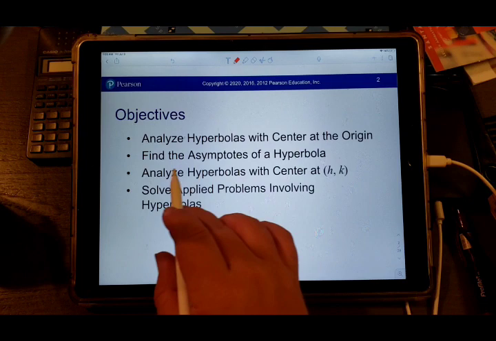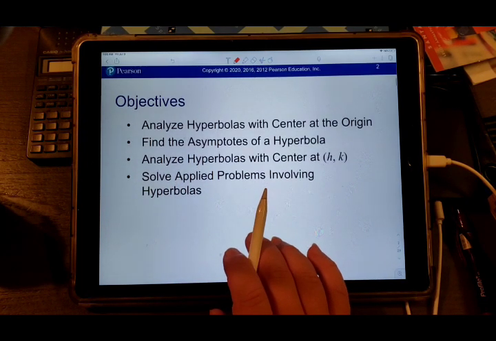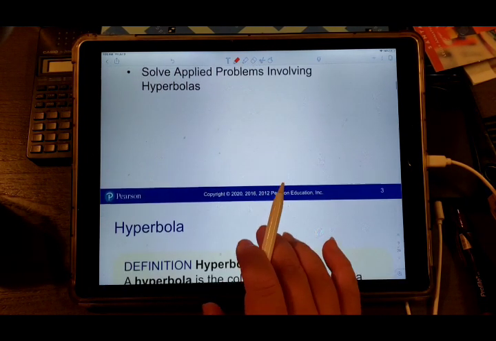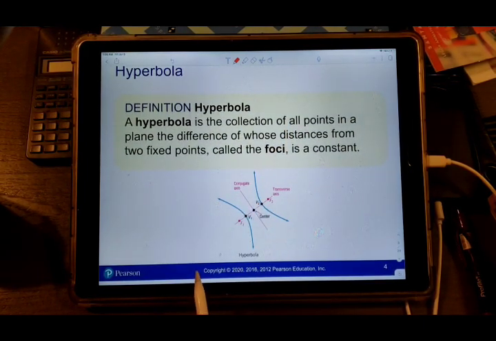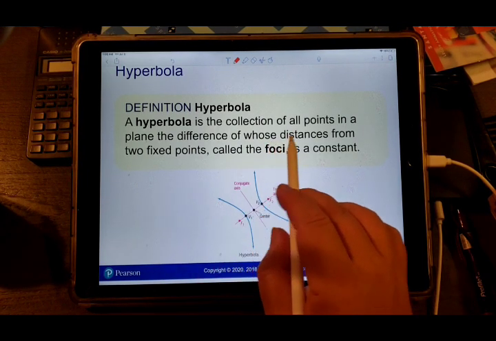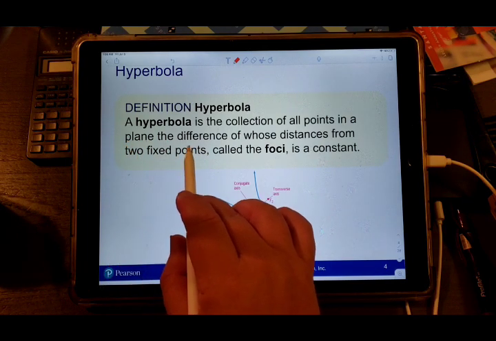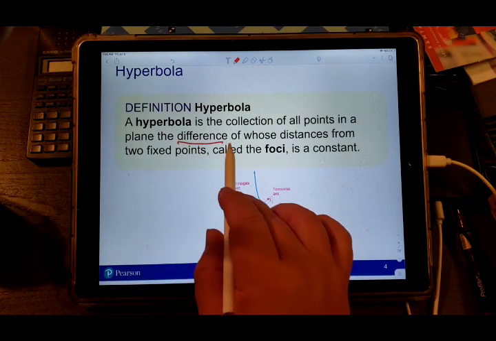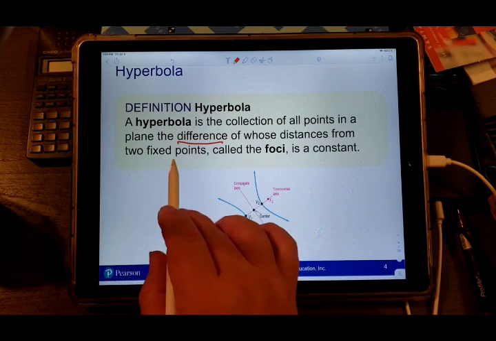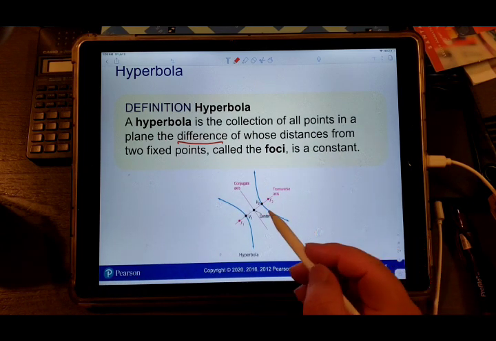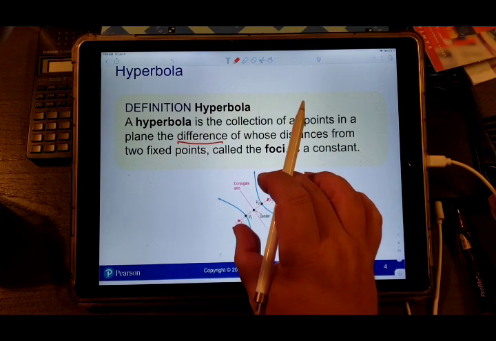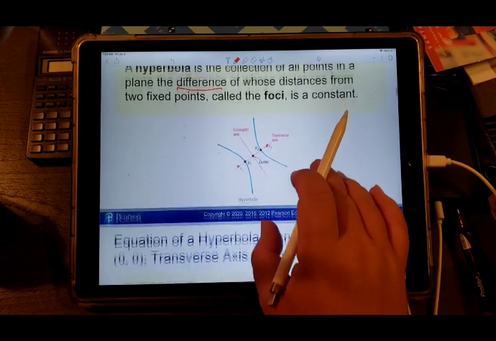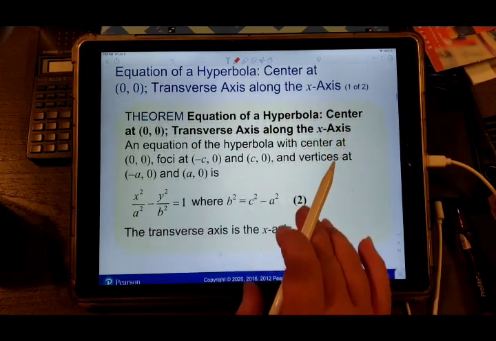But they're saying analyze the hyperbola, find the asymptotes. All right. We won't be doing any word problems. So a hyperbola is a collection of all points in a plane where the difference of whose distances from two fixed points, called the foci, is constant. So you have the foci and one minus the other is constant. We don't really need to know the applications of those, but